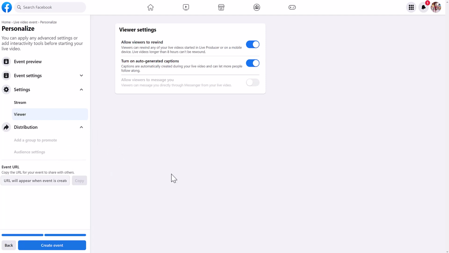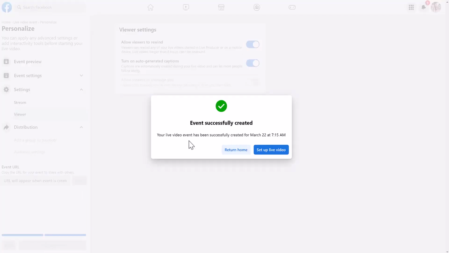So here in this section, event URL, it says copy the URL for your event to share with others. But this one will be available as soon as you create the event. We haven't created the event, but we're gonna do it now by just clicking the create event. And now we're getting a message saying event successfully created. So you have two options, return home or set up live video. So once you click on it,